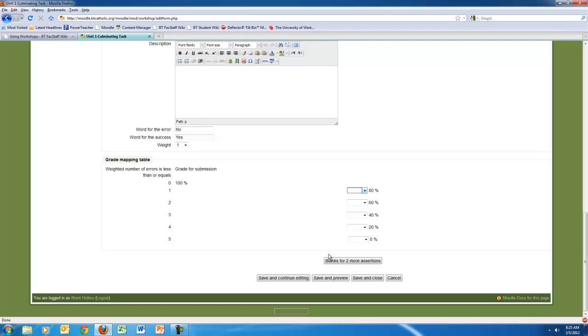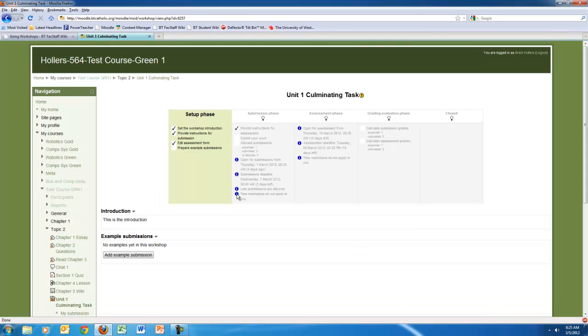And if you add more assertions and you add more information, then they will automatically recalculate these, or you can specifically assign them as well. So maybe the first one they miss doesn't count as much as subsequent errors in their submission. So you can weight that however you want to, but this just allows you once again to tie the number of errors to the grade that the student should get based on the number of errors they have. So I'm going to click on cancel here, and we're going to go back now, and we're going to look